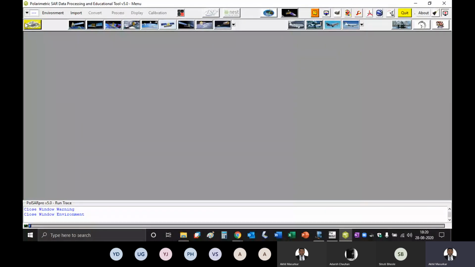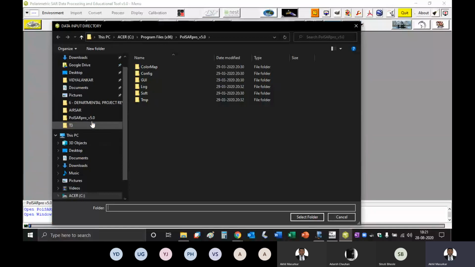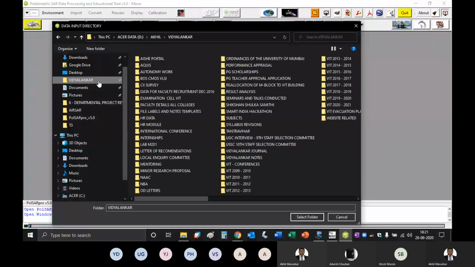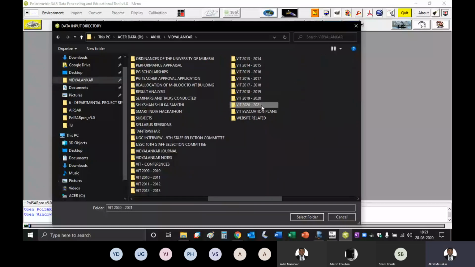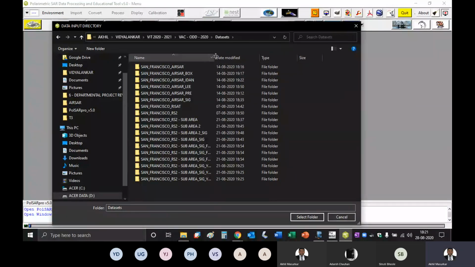Now, what we will do is you will go to single data set, then you will go to environment, and let us take our basic image. You can take any image that you like, but let us all be on the same. So I'm going to San Francisco.